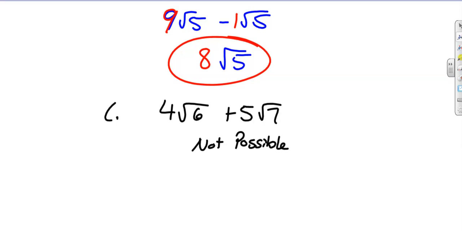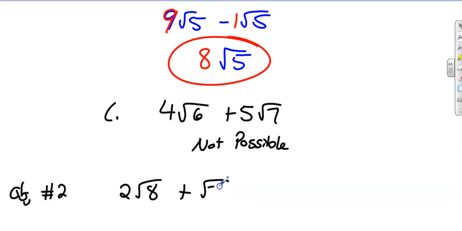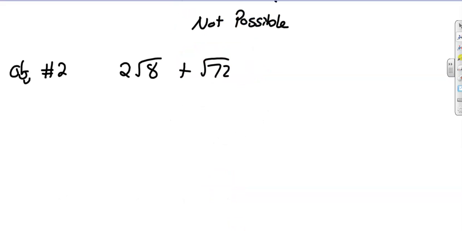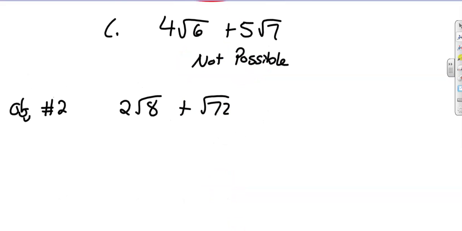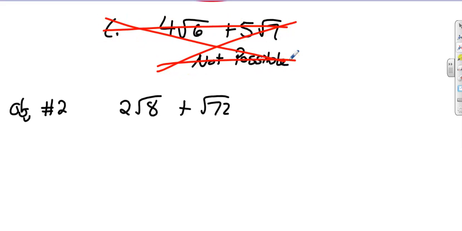Okay, now here's where I don't think they'll give you one like this, because the very next objective that they give you is going to be one where they give you two numbers that are not the same. You get 2 square root of 8 plus the square root of 72. So again, I'm pretty sure they're not going to give you one like this, because this is setting you up for the next part. If you get one like this where you have different radicands, the numbers on the inside are different,